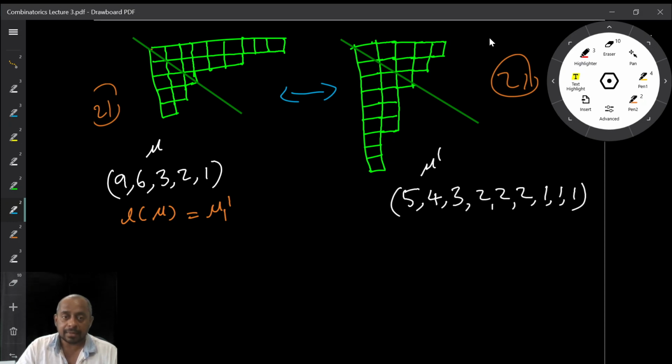So now we see that the bijection that we were trying to prove, from the set counted by P star of n comma k to P of n comma k, is just a reflection technique in our diagram. So you take the reflection, you will get another partition, where the number of parts here becomes the largest part, and vice versa. The number of parts here becomes the largest part here.